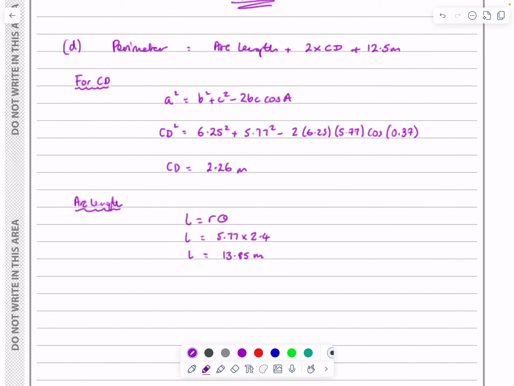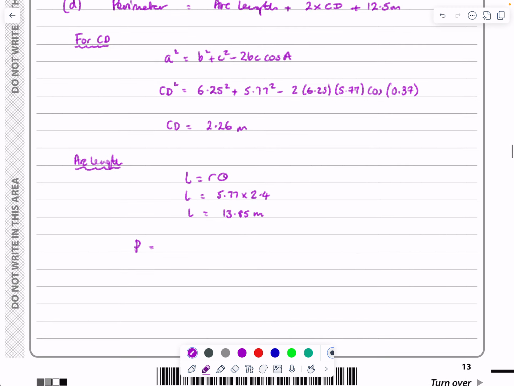And then just sum up everything, get everything together. So perimeter is equal to the arc length, which was 13.85 plus 2 lots of that 2.26, and then plus 12.5, and if you add all those together, the answer works out to be